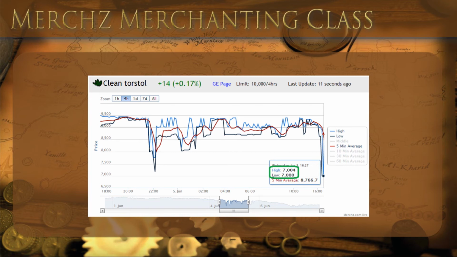And it's good. A lot of times you'll see where the items crash so much, and then the high and the low are really, really close to each other. So it just seems really foolish, for an extra like 0.05%, to buy for the high. But yeah, sometimes the margins are huge. But anyway,